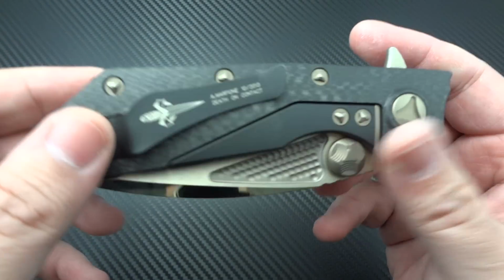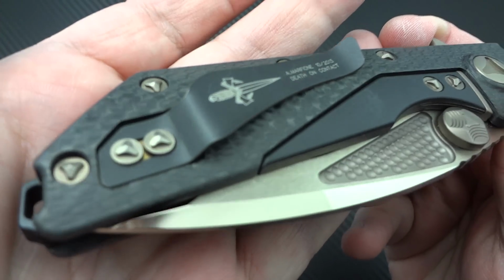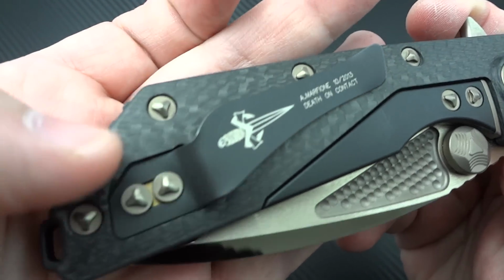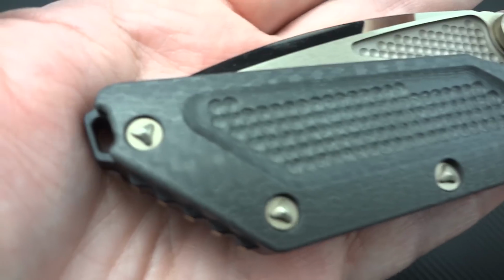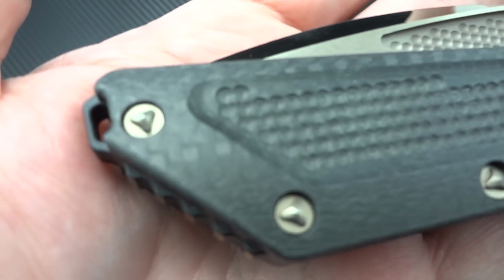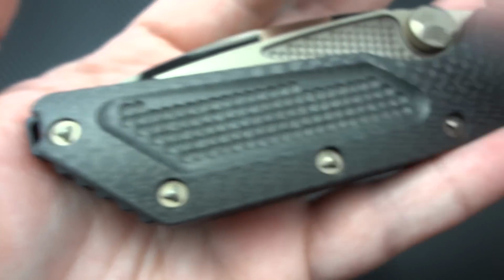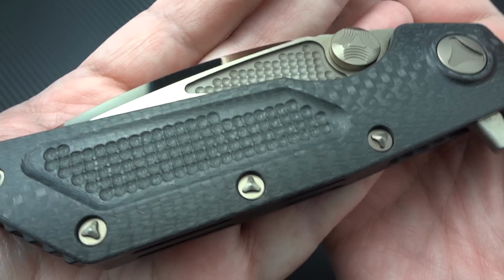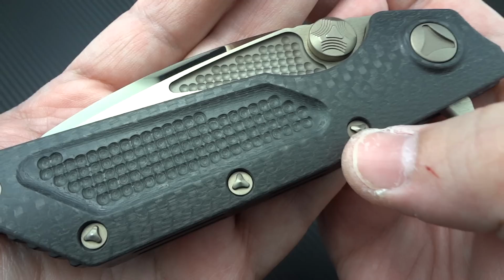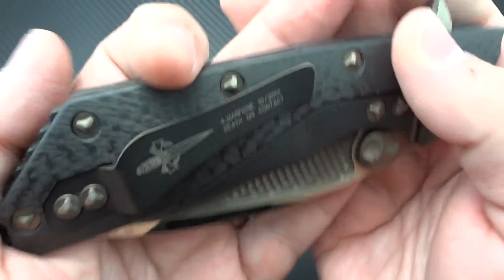They're absolutely insane. Alright, so there is the way it's recessed into the carbon fiber frame. There is the proprietary tri-wing hardware going all the way around. Yes, being proprietary, it does make it kind of a bitch if you want to service your own knife. And on a manual knife like this, you do want to be able to take apart your knife and clean things out. So yeah, you've got to spend the money to get one of the Microtech tri-wing tools. Not the worst thing in the world, but